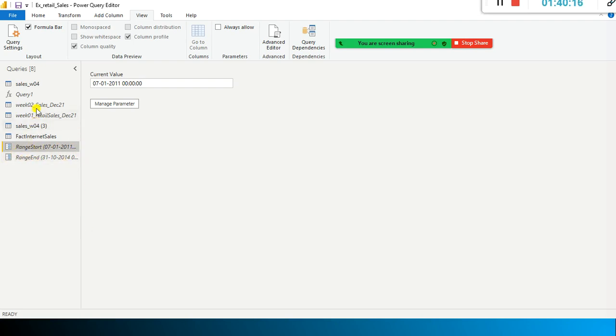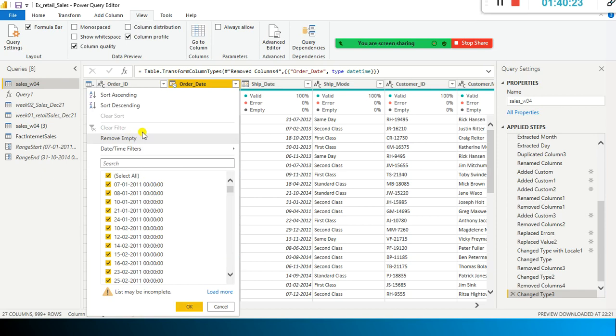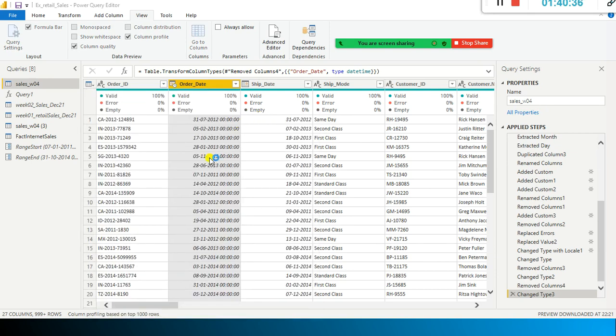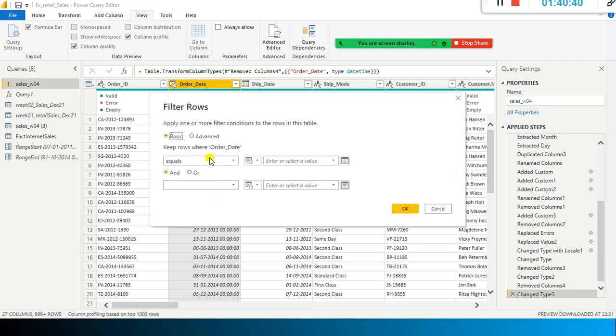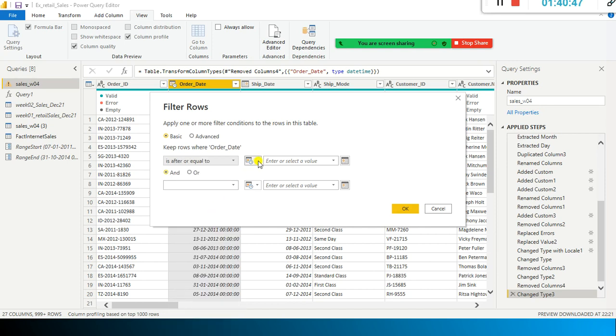The next step is you go to the sales table and go to order date and date time filters and select is after or equal to.